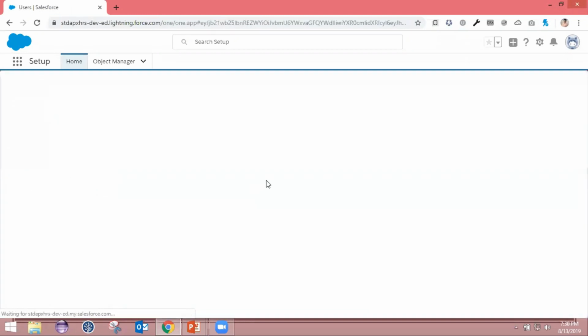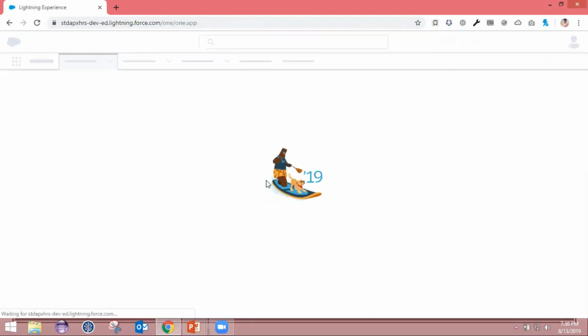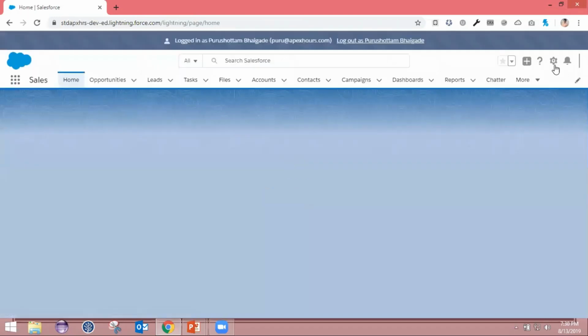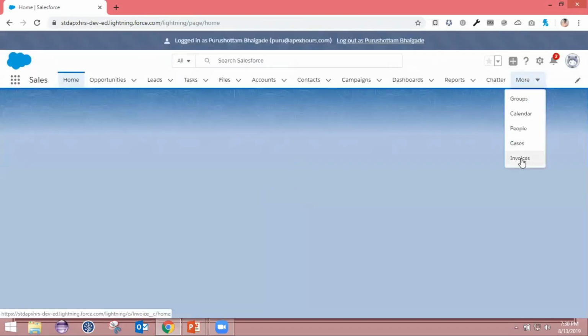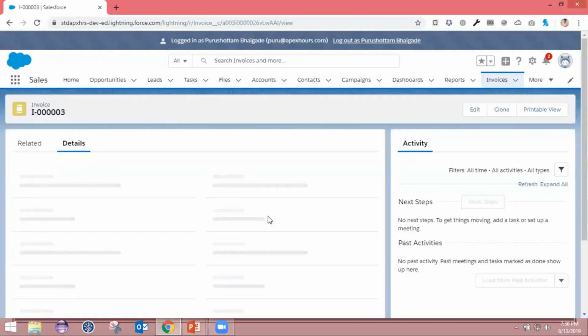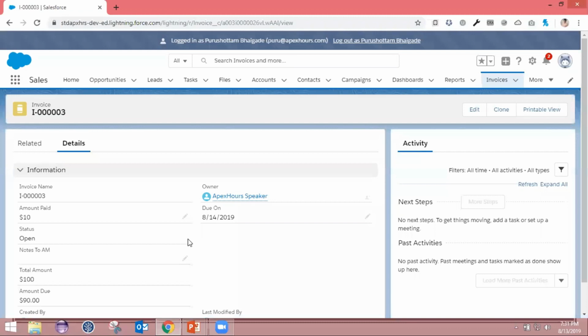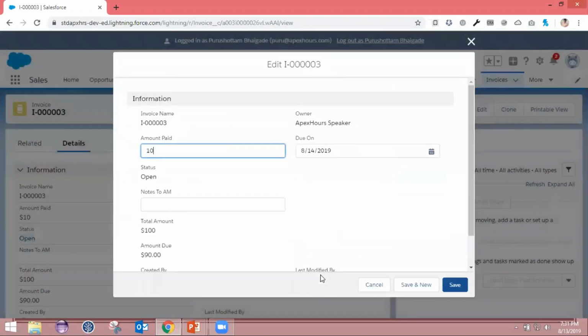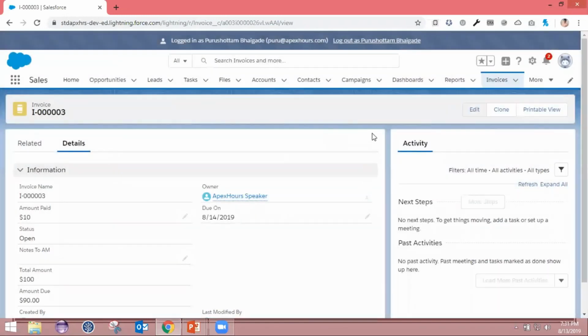Go back to the users, log in with that user. Go back to the invoices, select existing record and see. So there is no edit option for this status field. If you click on edit, you can see the status is in read only format, right? So this is how we can control the field level security for a profile. Okay,